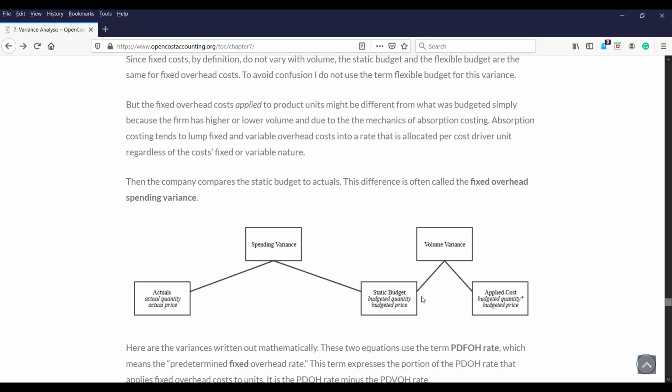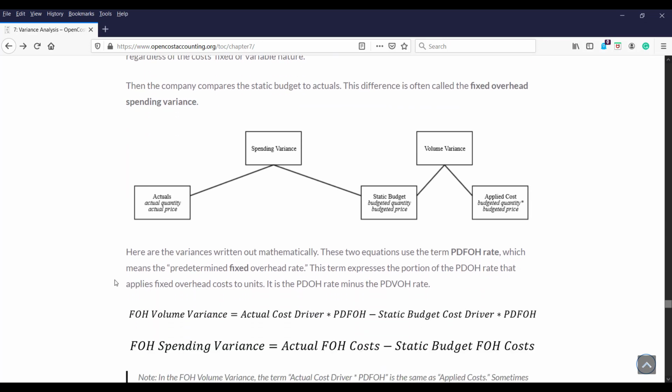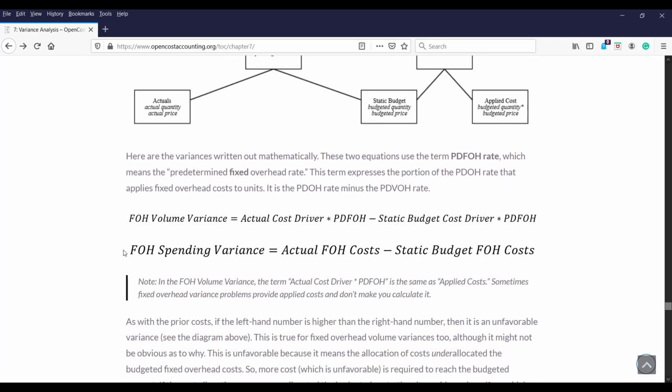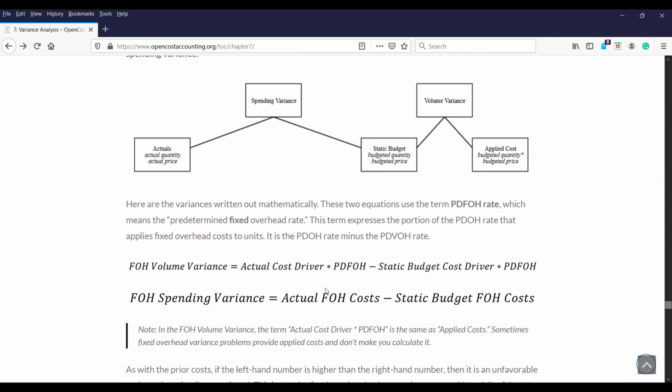I spread them out like this on purpose. I've gone back and forth about this, and I referenced a few other textbooks, and this is the best way to explain what we're doing with our fixed overhead. Okay, so we have two variances, the spending variance right here. We have actual fixed overhead costs minus the static budget fixed overhead costs. And then we're going to hold constant our predetermined fixed overhead rate for our volume variance here, just to compare